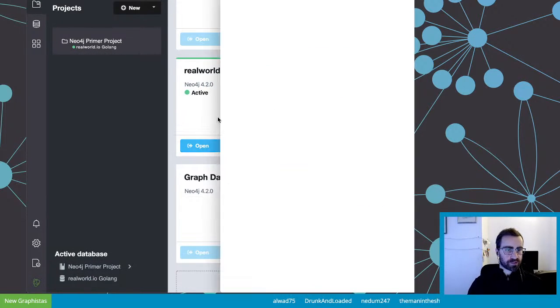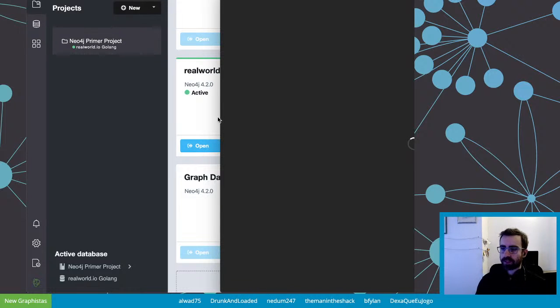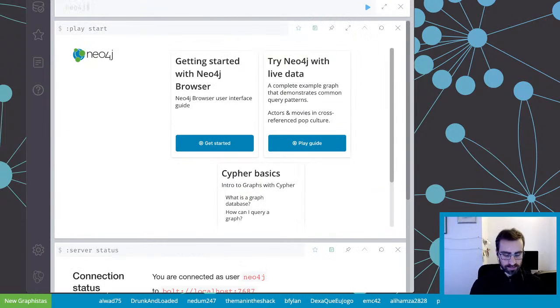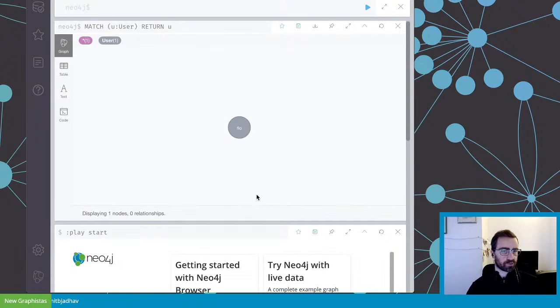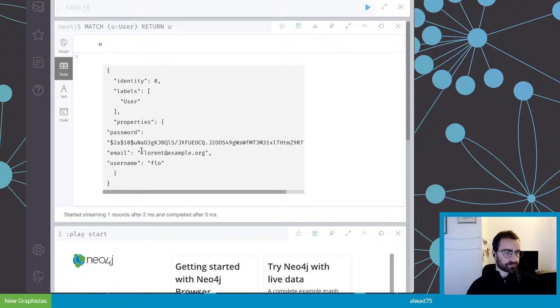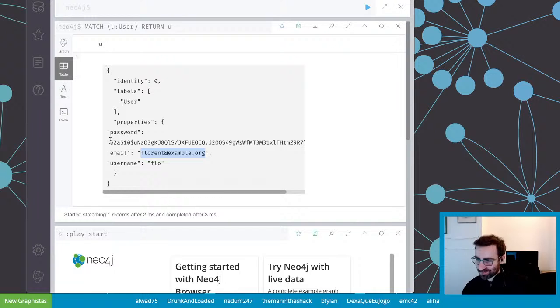And let's open it with Neo4j browser. Let's make sure of the content that's in there. So user, and return the user. There should be hopefully only one, because we tested the registration endpoint last time. And there is one, yay. And if we want to look, we have this email, and except I don't remember the password, but hopefully it's still in Postman.